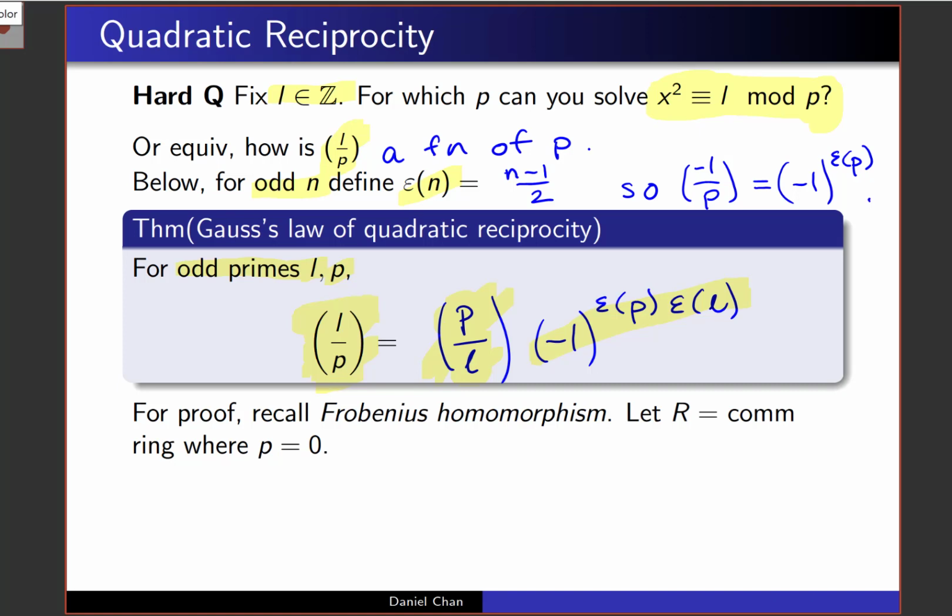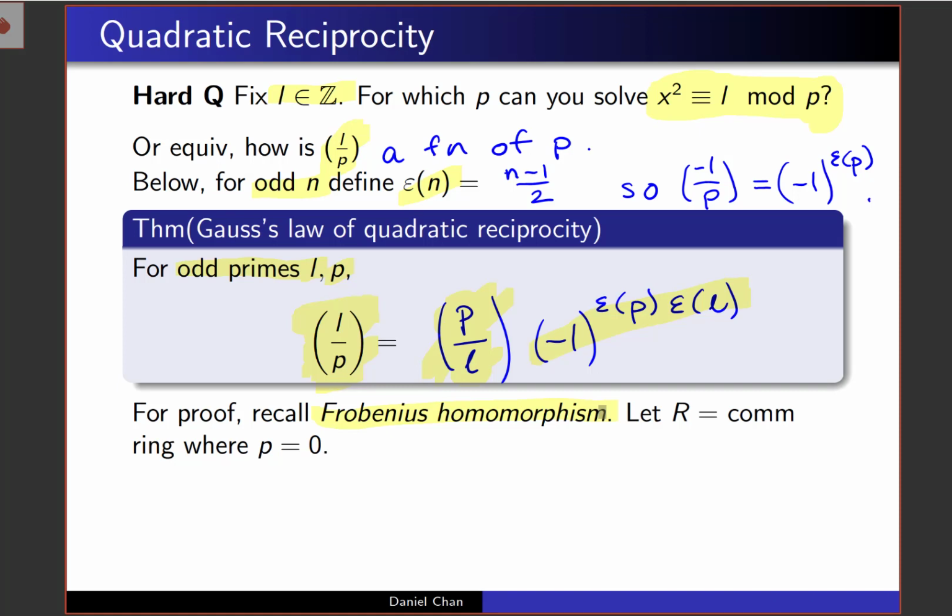There are lots and lots of proofs of this, and the following one is taken from Serre's A Course in Arithmetic, which is a wonderful book. I don't want to go through the full proof, but I want to tell you some of the main ideas, which are very important in it. The first thing is something called the Frobenius homomorphism, which is vital to the study of positive characteristic